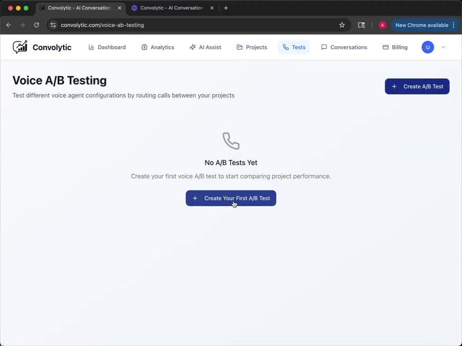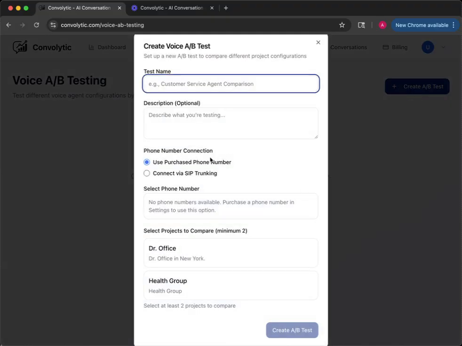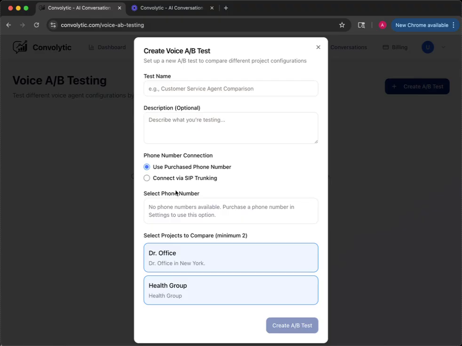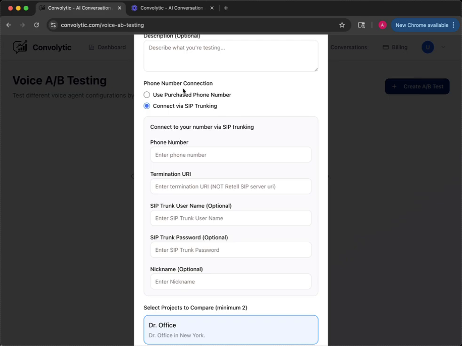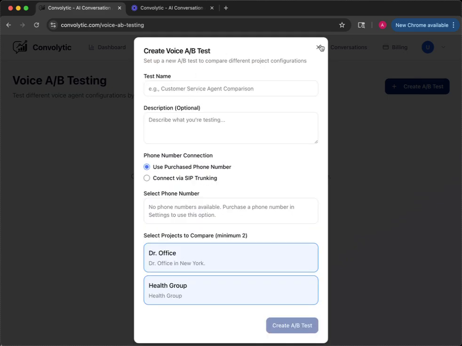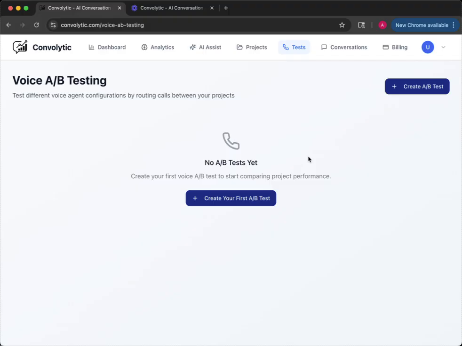Here you can set up voice A/B testing for your incoming calls. If you create an A/B test, you need at least 2 projects, and you pick those. You can buy a number from us, or you can bring your own SIP trunking number. And then what it'll do is once you start the test, it'll automatically route the calls between your different agents. For example, you can have a male voice versus a female voice. You can have a prompt with a certain type of flow versus another type of flow, and see which one does